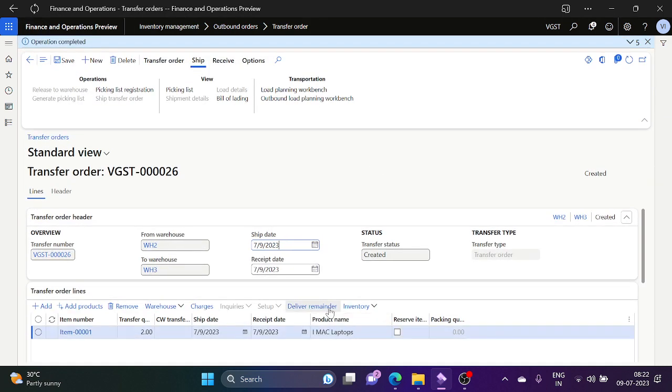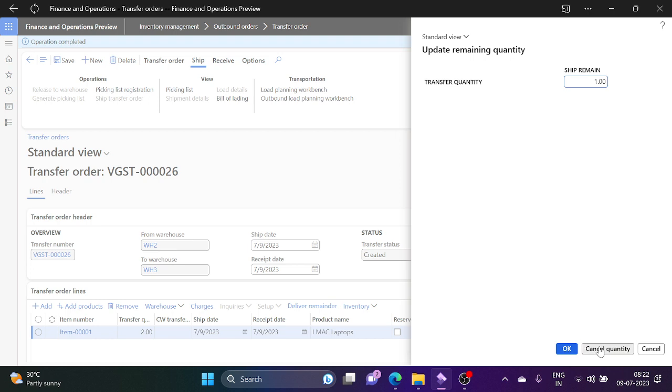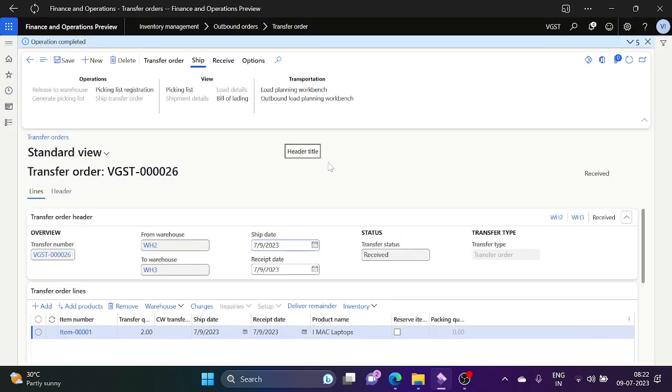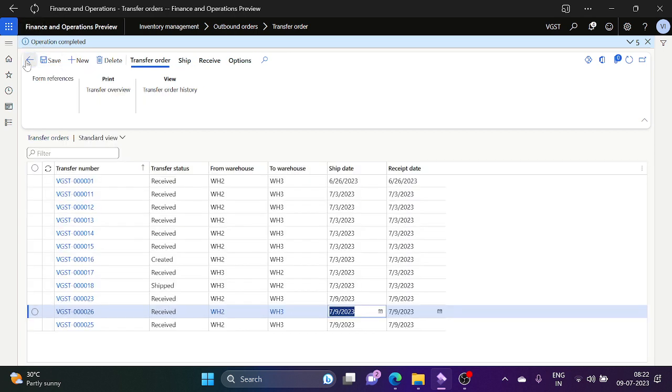Go back. Done. Received status now. Okay, this is another scenario where we can do the partial